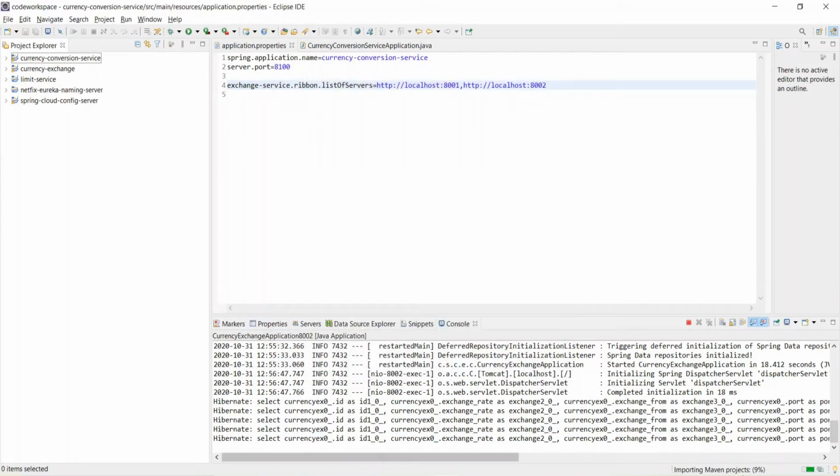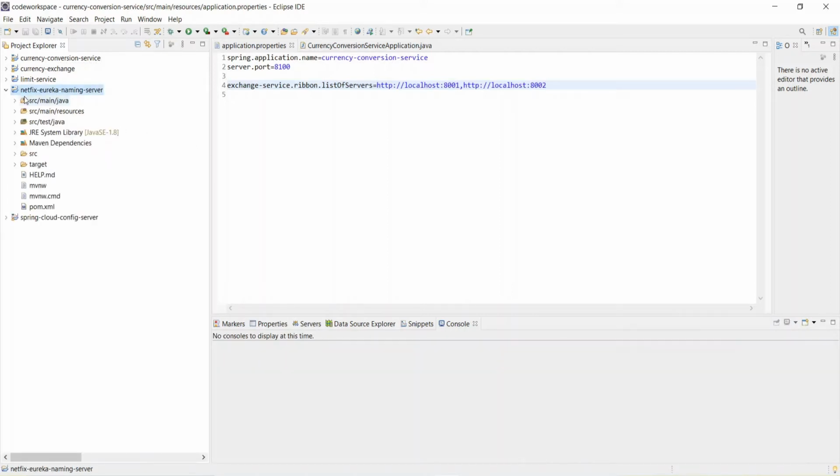Okay, so the first time if you are downloading, it will take some time, so let it download. Yeah, it got downloaded. So if you see, refresh this, you see source main Java, source main resources, all the folders have got created, right?